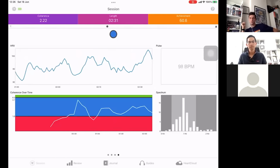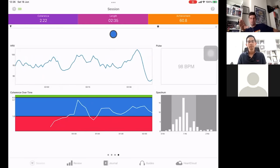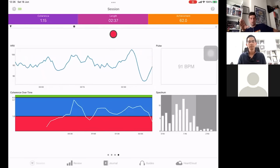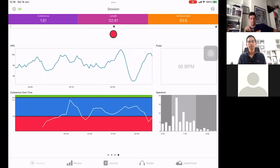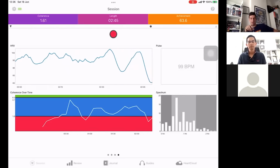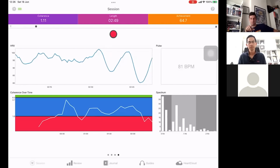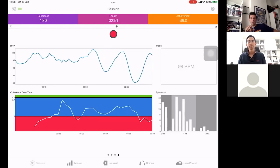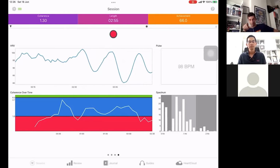Okay, so just so that we're not holding silence here, I'll let Boon do his breathing. And what we're essentially looking for here is we're expecting to see the white line that's in the bottom left pair of boxes. We're hoping that that white line should start to increase. Maybe Boon can just nod at me if I'm correct here. And it should go from the red zone towards the blue zone, and maybe up towards the top towards the